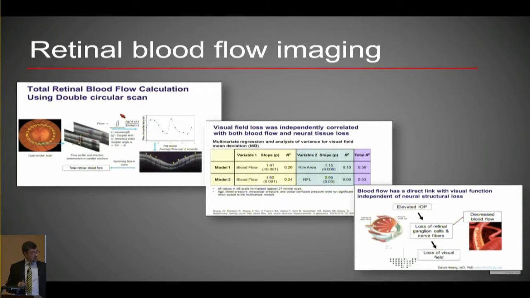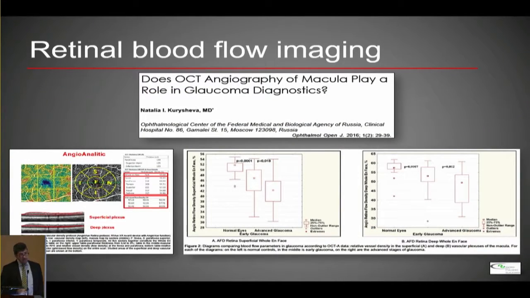And certainly retinal blood flow imaging is becoming very important. We have been using color Doppler imaging, which is good, but can certainly be considered questionable in terms of reproducibility. Now with OCT angiography, we have far better results, and I think we have to thank Dr. Kurisheva for her pioneering study with OCT angiography, and she was clearly showing